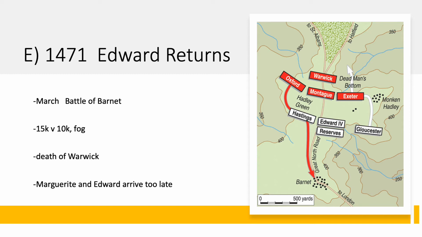So when the sun comes up, initially there's a lot of fog and there's also a lot of smoke in the air, and so Edward is able to catch Warwick's forces by surprise. You can also see from the way the battle lines up, they've missed each other. So Gloucester is able to flank the Lancastrians there on the right, which puts them into a very effective battle position. Unfortunately, the same thing happens with the Lancastrian forces. So Oxford is able to inflict a lot of damage onto Hastings' troops. However, when Hastings' men break ranks, Oxford's troops follow them to Barnet.